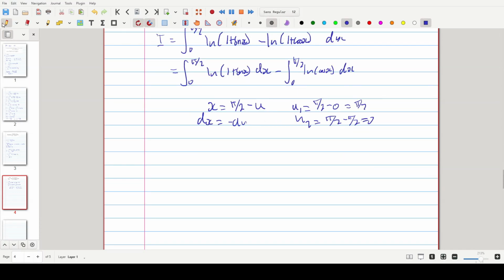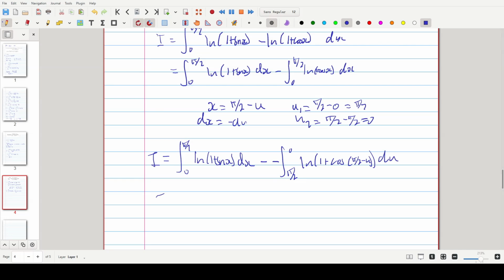So now we're going to rewrite our integral as the integral from 0 to pi over 2 of ln(1 plus sin x) dx. I just realized up here there should be a 1. Yeah, there we go. Minus the integral from pi over 2 to 0 of ln(1 plus cos(pi over 2 minus u)) du, and